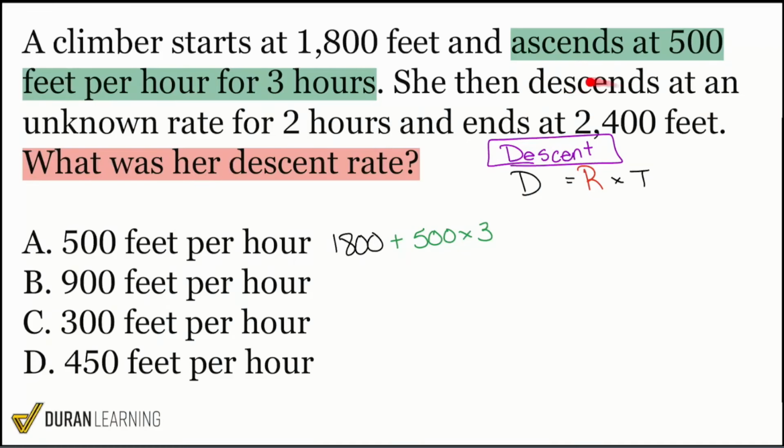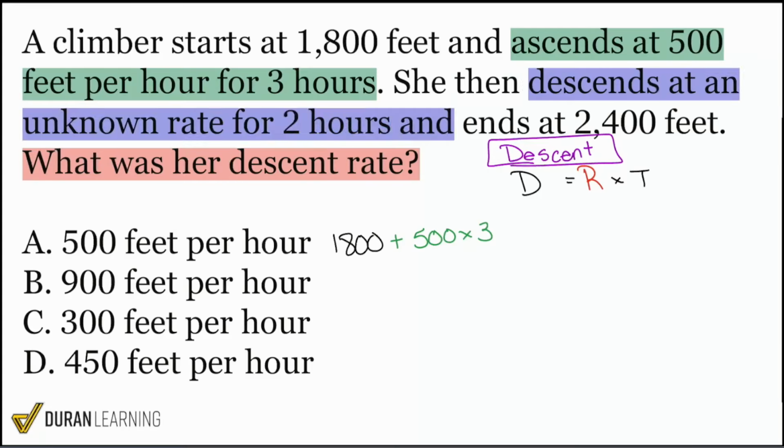So everyone help me out there. Descending means we do what again? We'll subtract, absolutely. So when we see the word descend, that means that we'll subtract. Let's grab blue here. At an unknown rate for 2 hours. So we'll subtract that unknown rate times 2 hours. And then we end up at